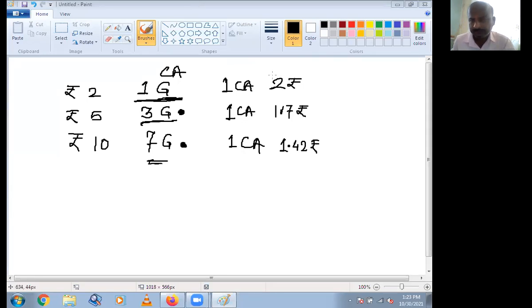Are you getting the concept? Roll number 24 from division A. Are you getting?